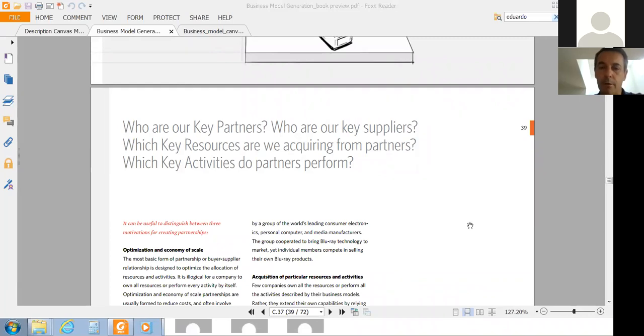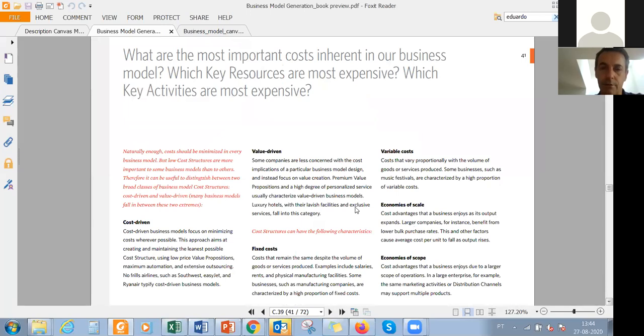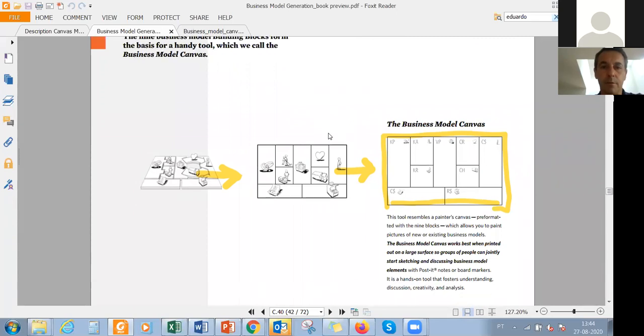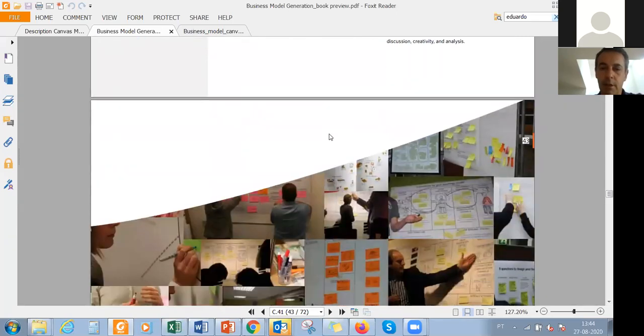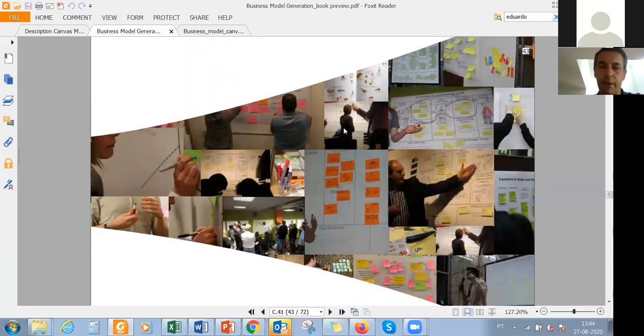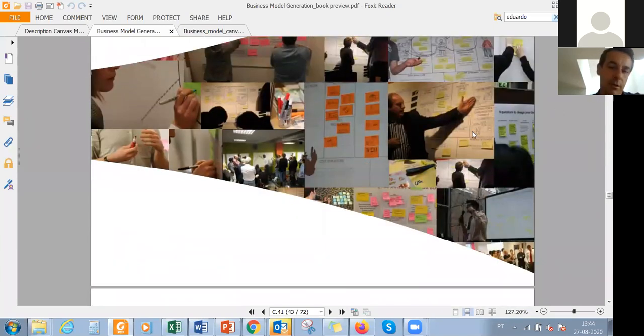So I will not go in detail on the book. I just wanted to give you an idea of what we can do with this book. An example of people trying to think and writing down what they are thinking, using the canvas. So the kind of sessions is the kind of sessions that I try to do with my students